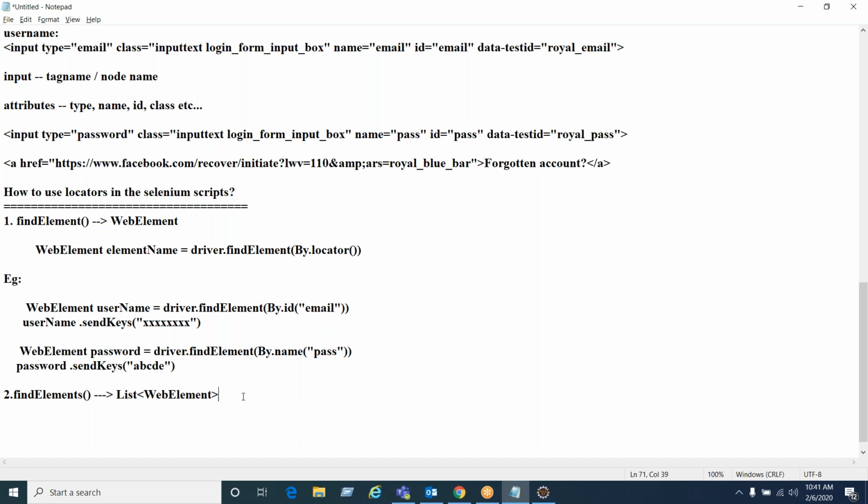So similarly for find elements also the same syntax. Driver dot find elements by dot locator. So here we are going to use list of web element. Why? Because